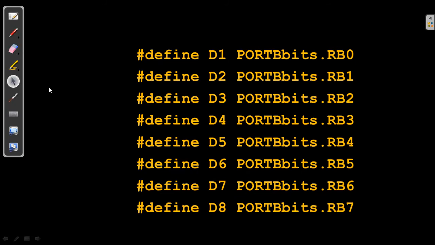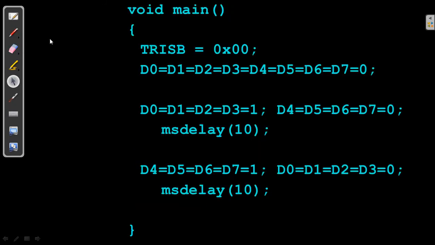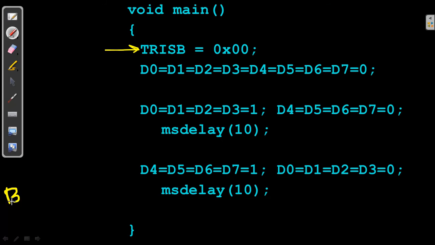After that, this is the main function where we are actually going to trigger those LEDs, turn on and turn off. First of all, I am writing the TRISB register. Why TRISB register? We have already seen every port, like port B, has 3 registers.